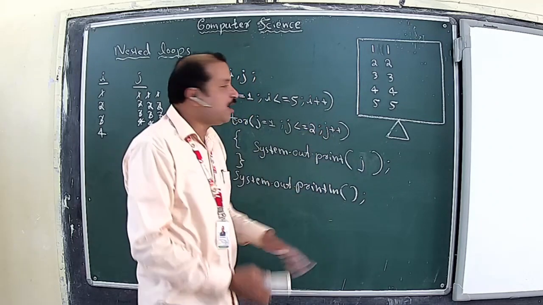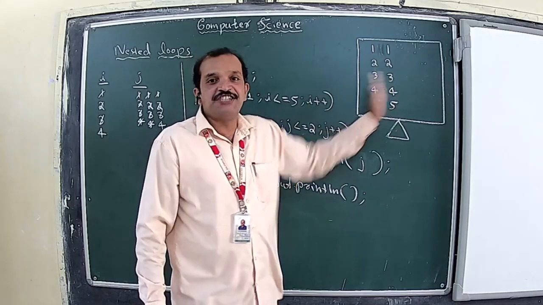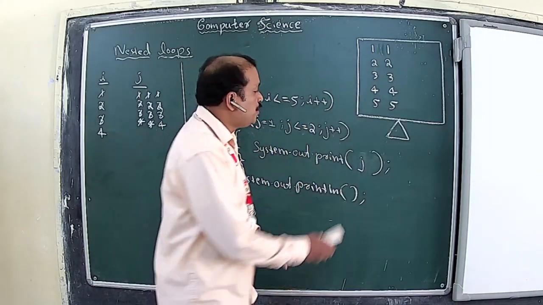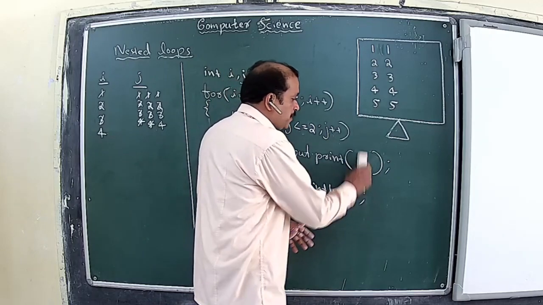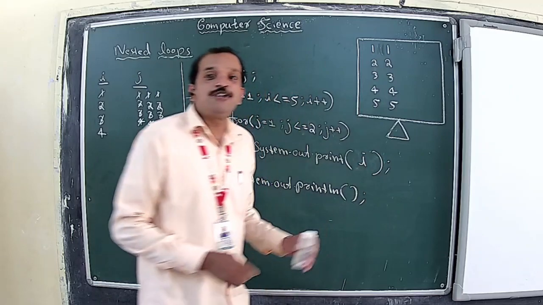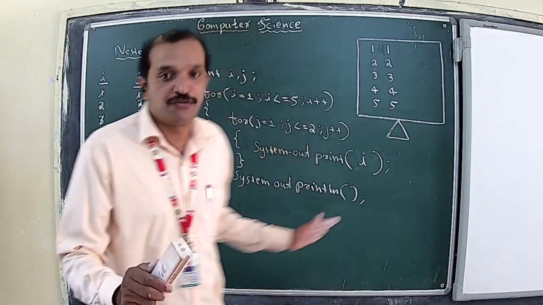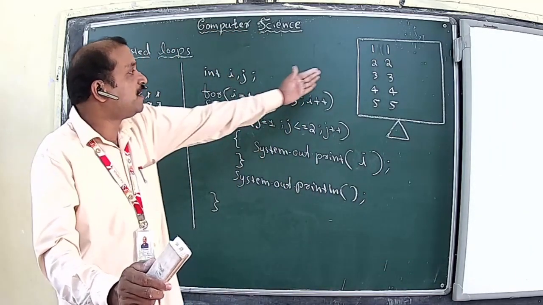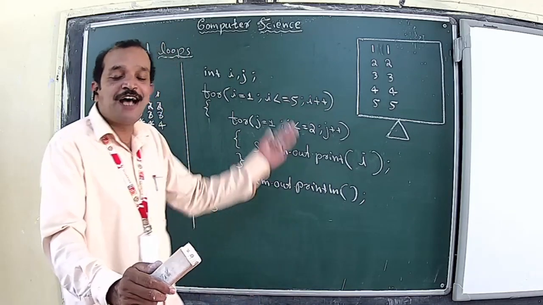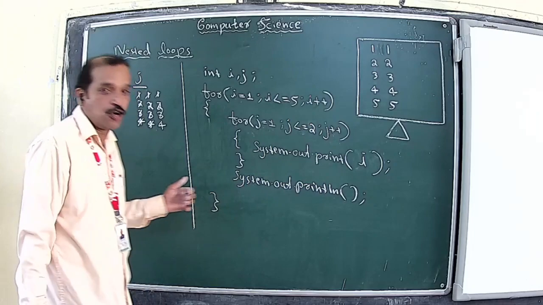And definitely, as we have seen here, it is the row value that is being printed here. Since the row values are being printed here, it is not j that needs to be printed, but it is i, the loop control variable for the outer loop, that is to be printed as part of this one. And with this program, definitely this output will be produced. Alright, this is how we can change the output for the various columns.